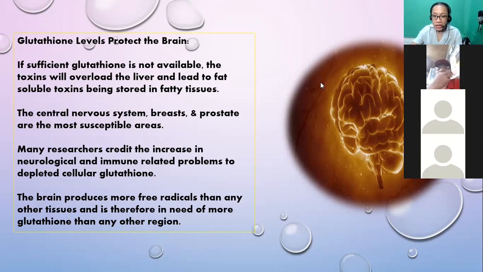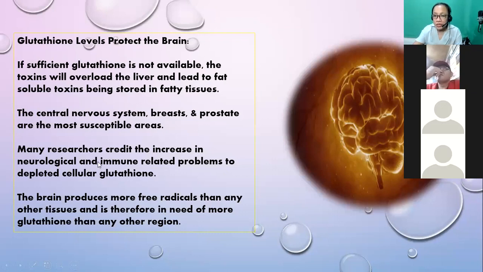Okay, another one. The central nervous system, breast, and prostate are the most susceptible areas. Okay, if the toxins are not detoxified in the liver, saan sila i-deposit? Sa breast, sa prostate, at saka sa CNS, the control center of the brain. So doon sila tatambak. That's why we have to have a lot of antioxidants to also process or to remove or to protect these organs from premature aging and from disturbing their